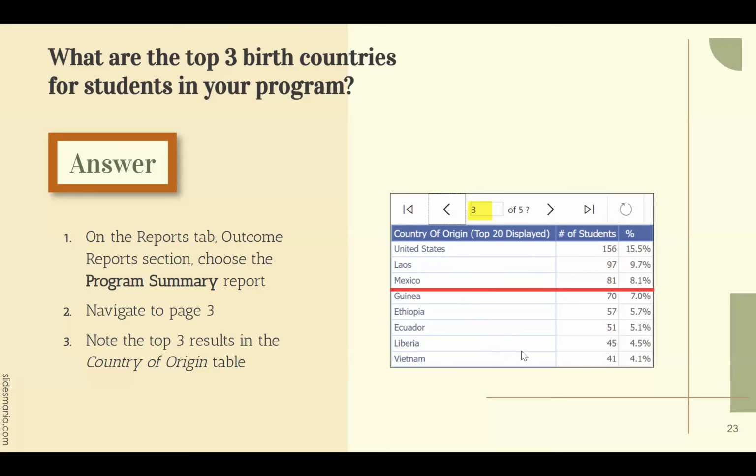So it's just kind of interesting info. Again, it's page 3 of the program summary report, which you have to toggle to; you have to click the right arrows to get there. Somalia, Ecuador, Mexico. Yes, sorry, Nick. It's under the demographics section, not the outcome. Thank you. Under the demographics section of your SiD account, not the outcome reports.